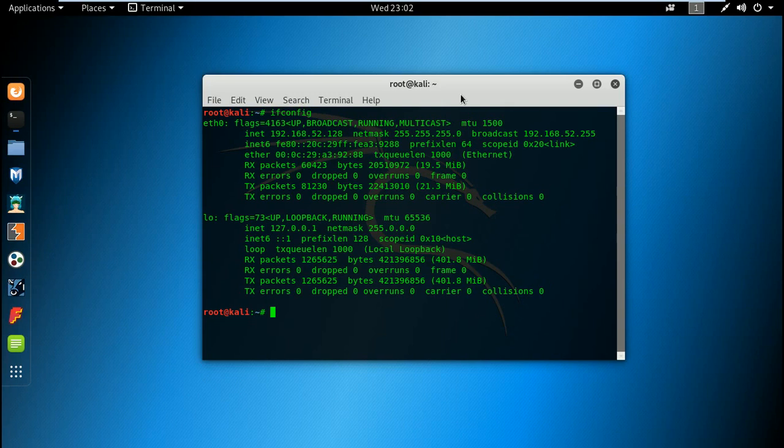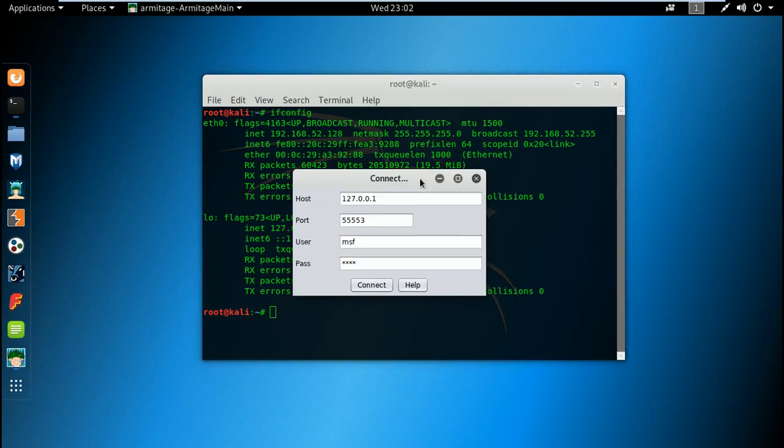framework. Okay, so we will be looking into this application, that is Armitage, and we'll be looking into how we can use this application to gather the information about the target machine and how to find which exploits will